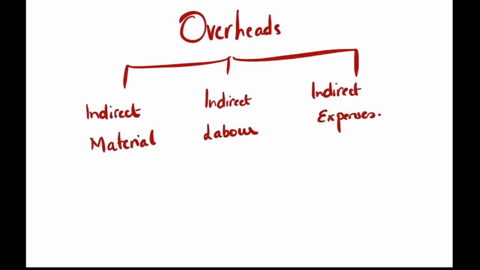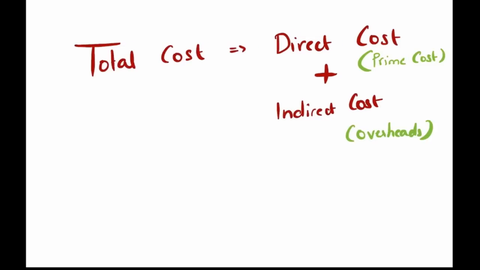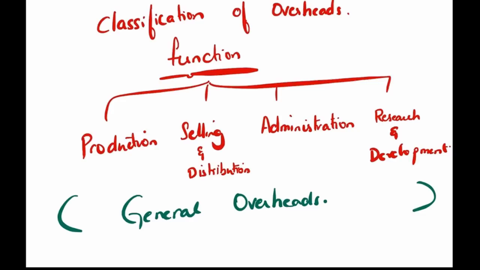So in this chapter, we'll be trying to find out how much indirect expenses we attribute to a particular unit of production. Now we know the total cost of a product, I need to recover both my direct cost and my indirect cost. So direct cost we call the prime cost and indirect cost we call the overheads. Now if I have to classify overheads based on the function, we divide into 4, and they are